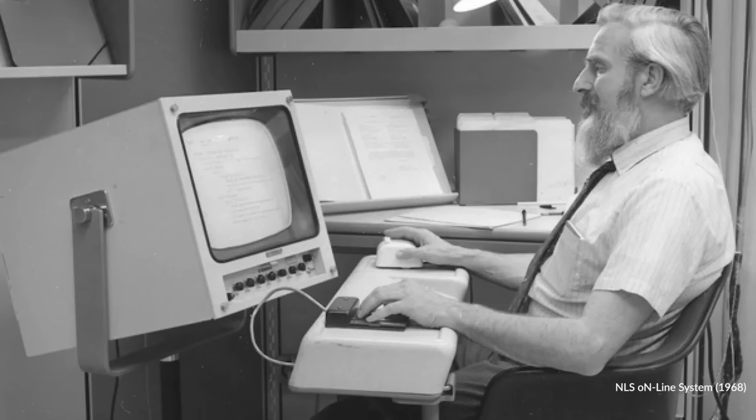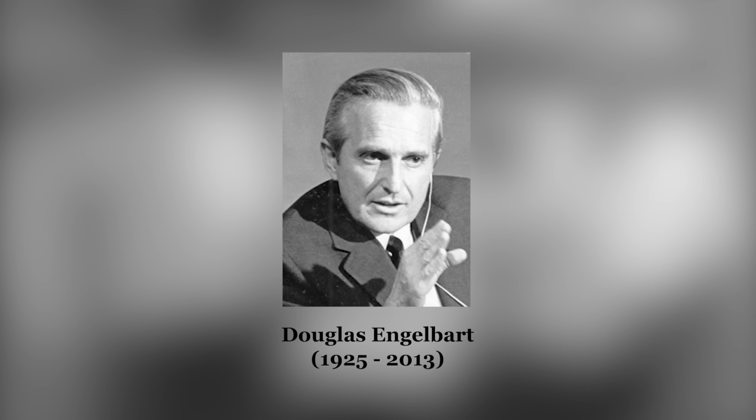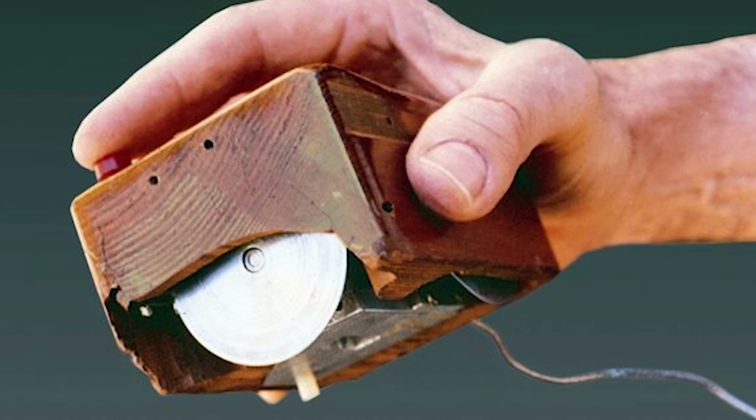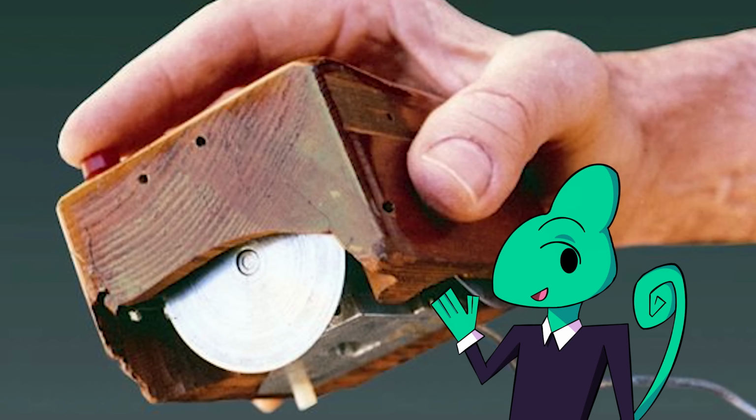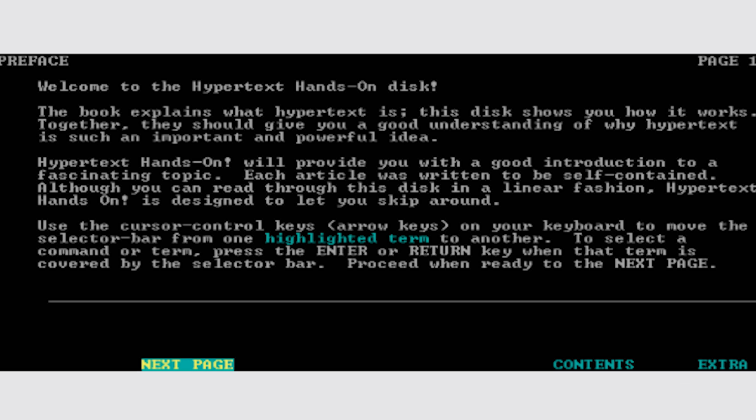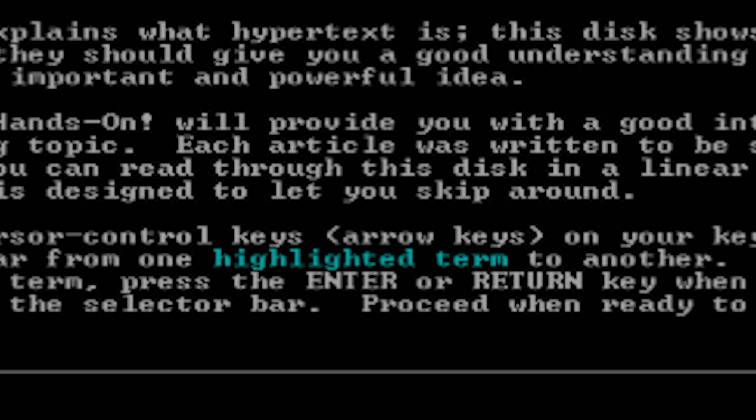Alongside that project was the Online System, or NLS, by Douglas Engelbart at Stanford, a computer collaboration system which, in a famous presentation now called the Mother of All Demos, Doug himself showcased not only hypertext, but the prototype of a small piece of tech known as the mouse. With these early systems, using pens or mice then evoking a command with a keyboard was the way to interact with things. We then moved to the Hypertext system in 1983, an early hypertext system on IBM PC computers which introduced color, cyan, to a black screen.